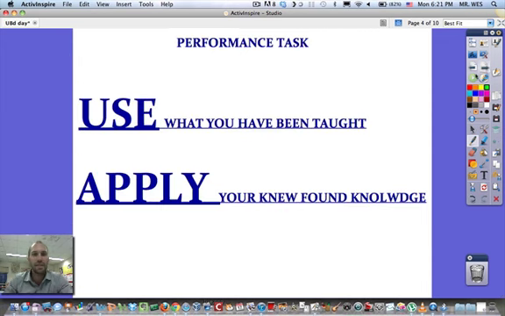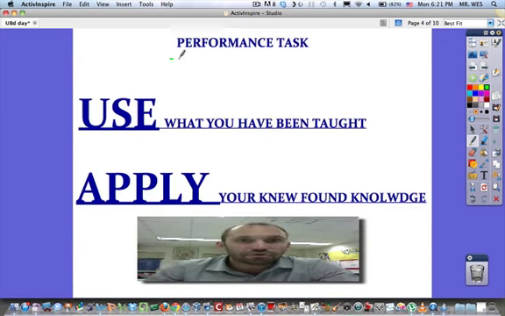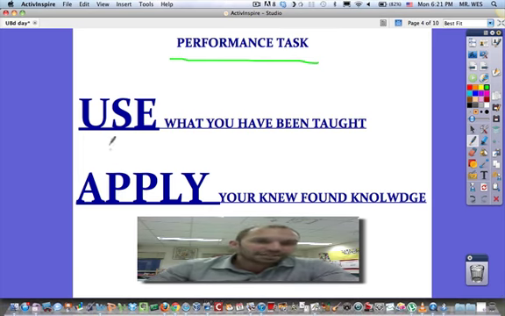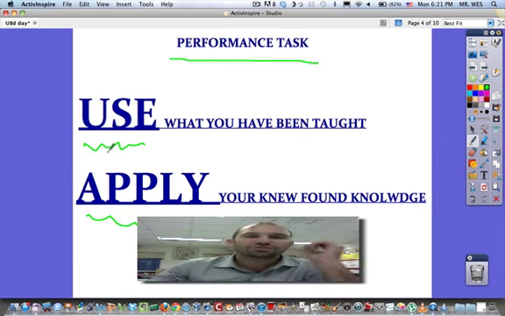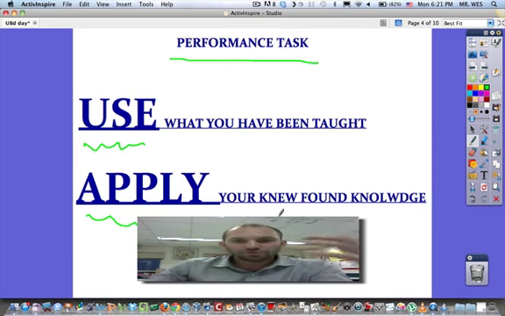All right, let's talk about what a performance task actually is. The big words are use and apply. We want to use what we've been taught. You're taught subtraction, well, let's use it for a purpose, for a project. We'll give more examples later, but it's really about using what you've learned, and then applying your newfound knowledge to something.